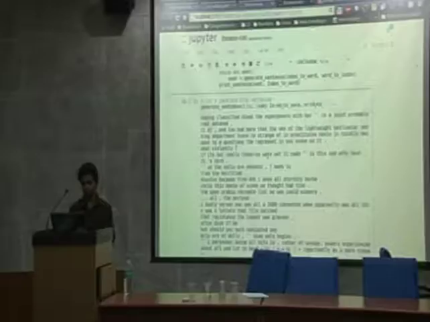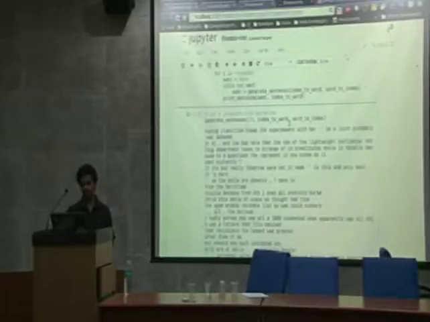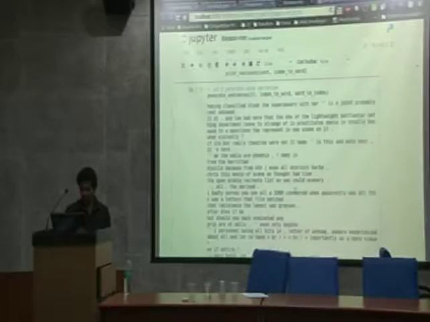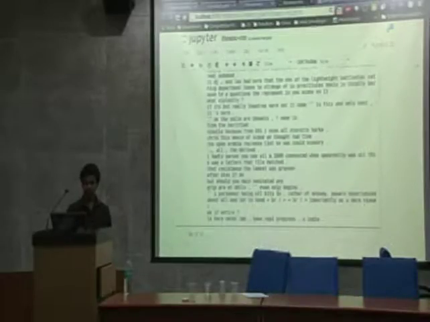We are trying to generate some 50 sentences, and given the language model that we had, it is saying something like "Hoping classified lead the superpowers with her." It doesn't actually make a lot of sense, but a lot of the time it is considering very important dependencies. For example, you can see that almost all of the sentences end with a dot, which is something that it has learned, that most of the time after seeing a mask it found a dot.